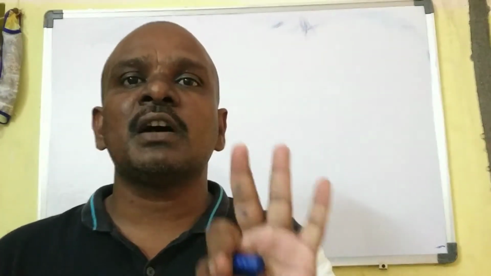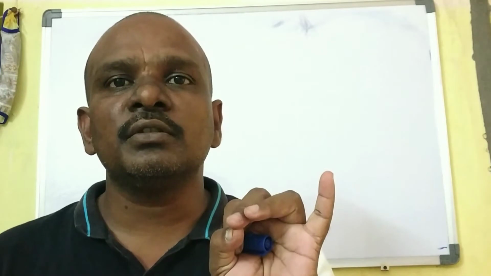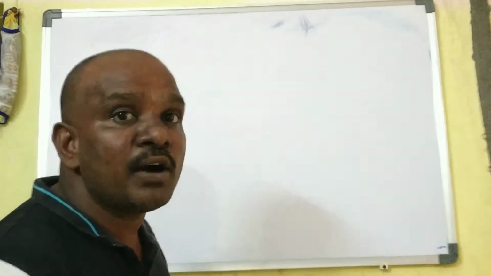Today, we are going to discuss the rules which are used to explain the electronic configuration. What rules are used to explain the electronic configuration? Three rules are used: Aufbau rule, Pauli's rule and Hund's rule. First, we discuss the Aufbau rule.